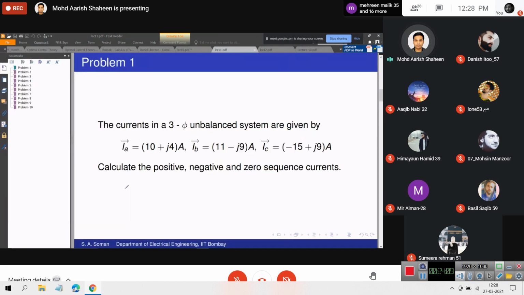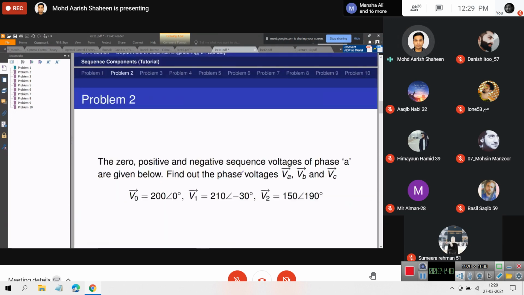So if I want to calculate the value of the zero sequence component, I will call it I0A. इसके बराबर है, if I add these three currents and divide by 3, so 10 plus 11 minus 15, that is 21 minus 15, that is 6. Okay, 4 minus 9 is minus 5, minus 5 plus 9 is equal to 4. ठीक है? In the same manner, you can also calculate this positive, negative, zero sequence. खाली आपको a square से कुछ multiply करना है बाकी दो को. So I will leave that here.